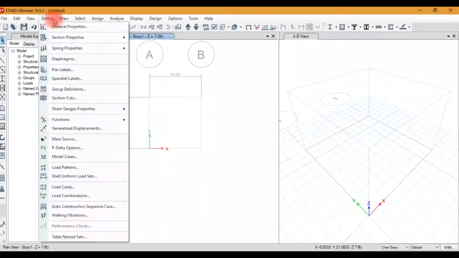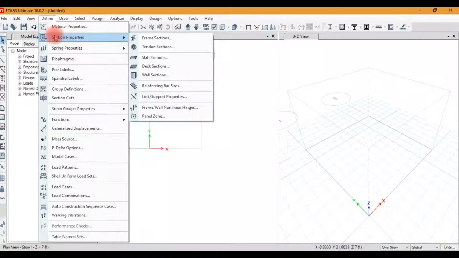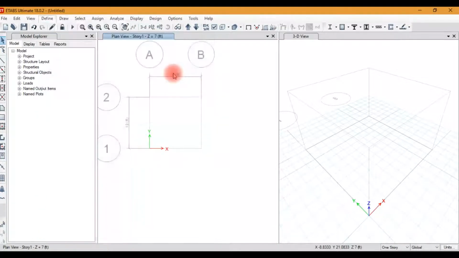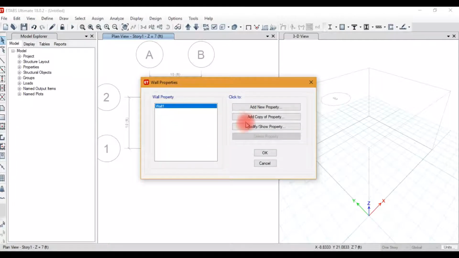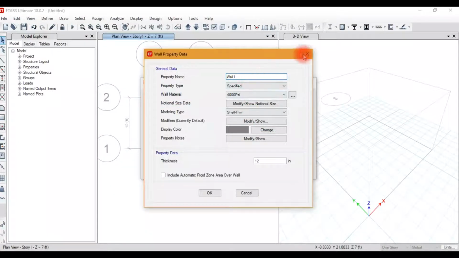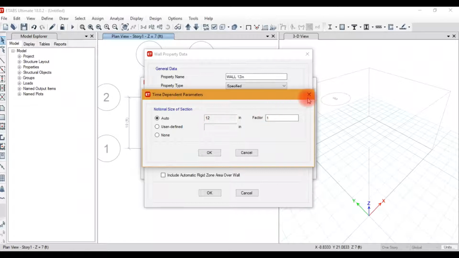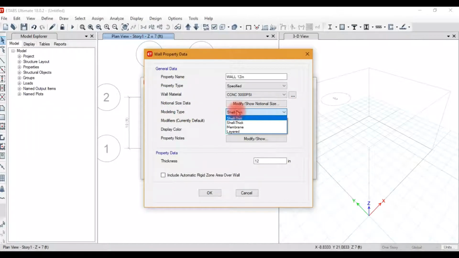Now we will define the wall properties. Here default wall 1 is given. Modify show property, or you can add a new property as you require. Wall 12 inch, property type specified, concrete 3000 psi, notional size data no, modeling type shell thin.